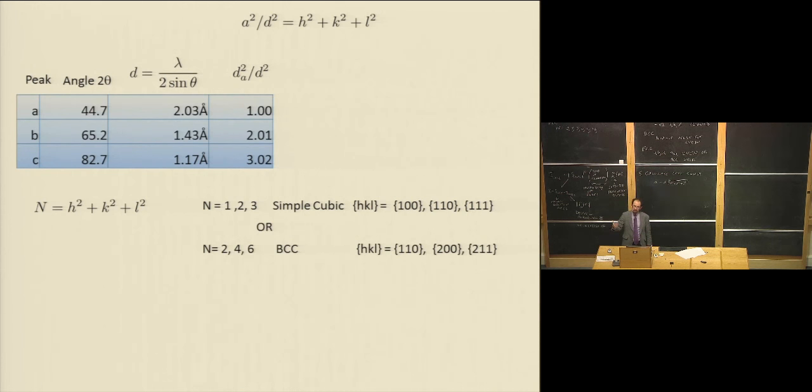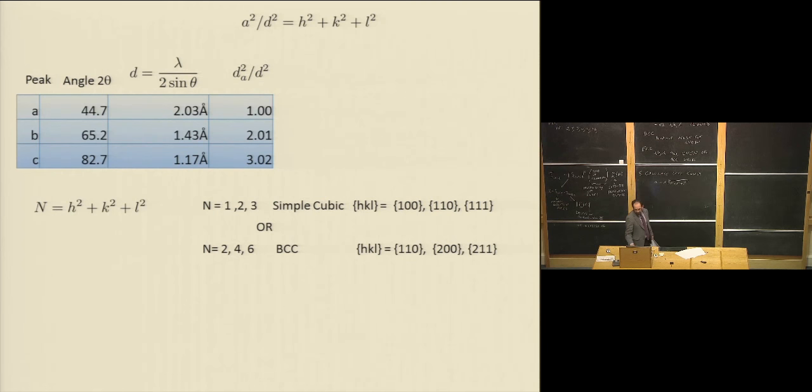Those would still be in the ratio of 1, 2, and 3, but they would correspond to Miller indices of 1, 1, 0, 2, 0, 0, and 2, 1, 1, which, when squared and added up, give you 2, 4, and 6. So we don't know which one it is just by looking at this data. So what do we do? Well, there's a couple of approaches we could take. One approach is that we could try calculating the